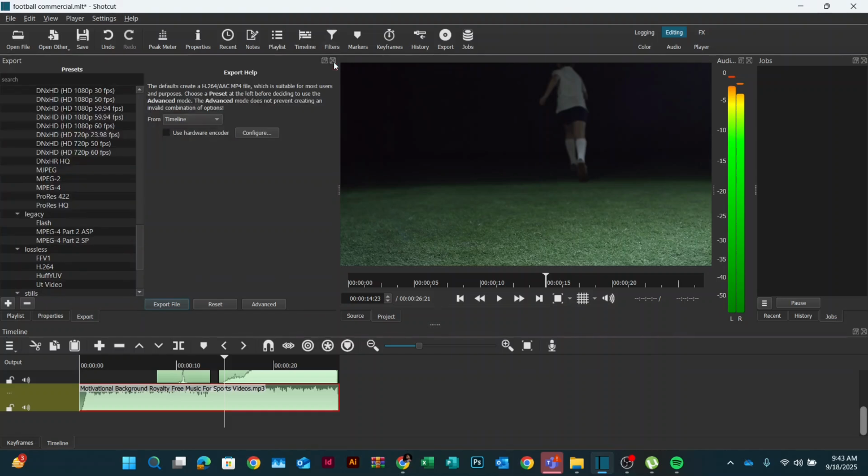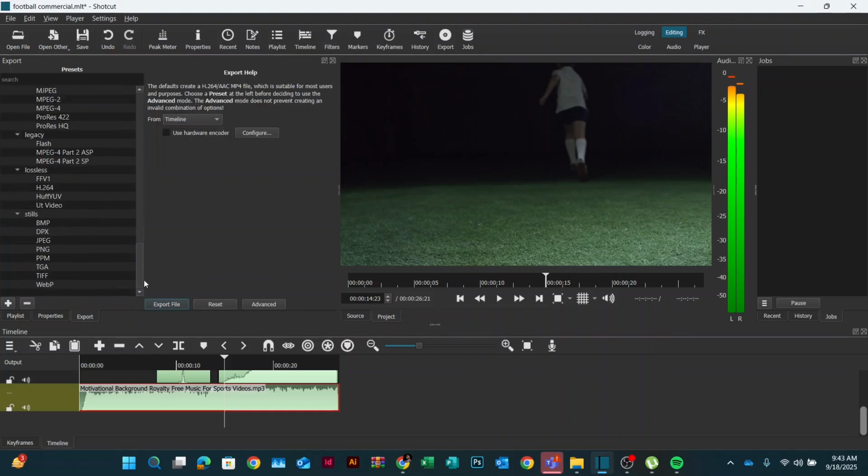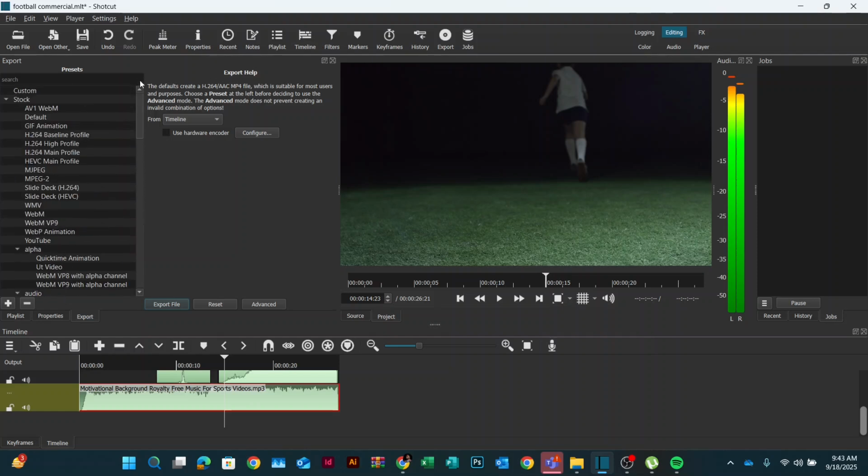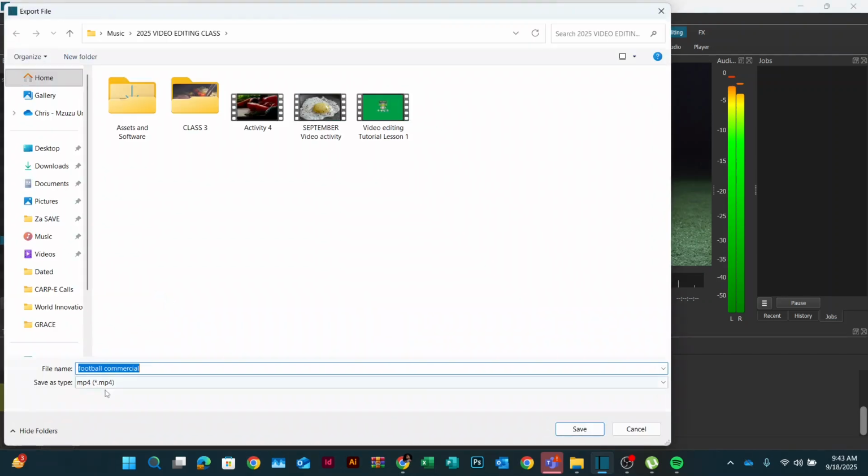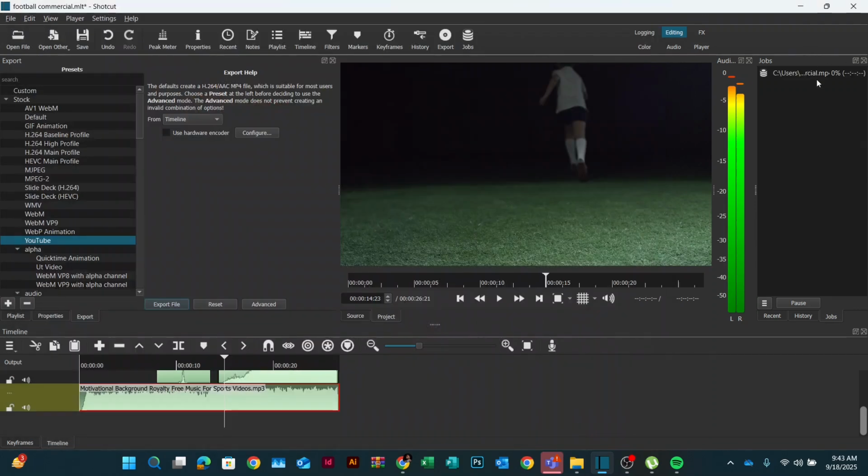Let's X this so that we can see our templates properly. We'll choose the YouTube one because it has better dimensions. Then we'll click export file, we'll choose MP4, then save it. That's the file you'll be able to share across your different platforms, for example, social media, on your phone,